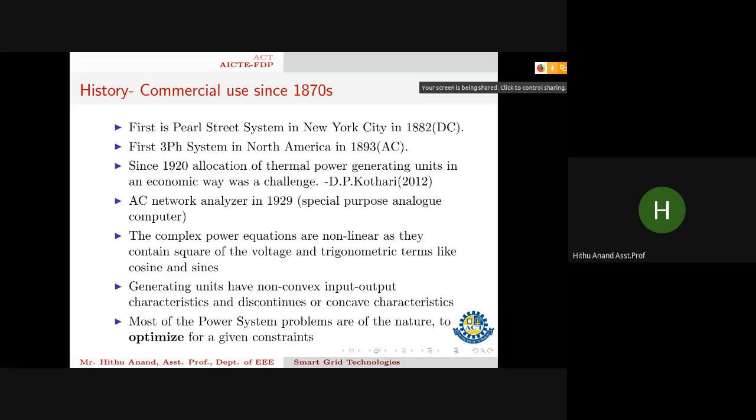So we power system researchers started working on these problems, but these problems were very non-linear in nature. To solve them, researchers identified evolutionary methods, like you might have heard about genetic algorithm, particle swarm optimization, and all the other methods. Those are able to solve these nonlinear problems, and are guaranteed to give approximately global optimum values. It is not accurate, but still it approximately gives the required solution.